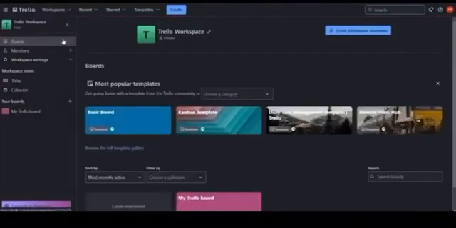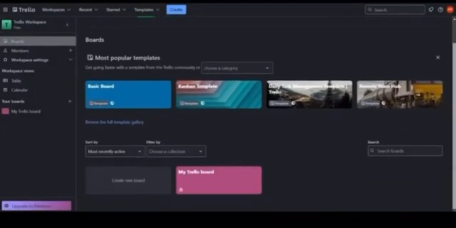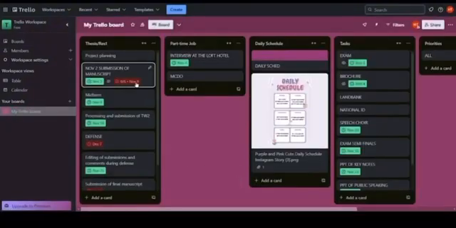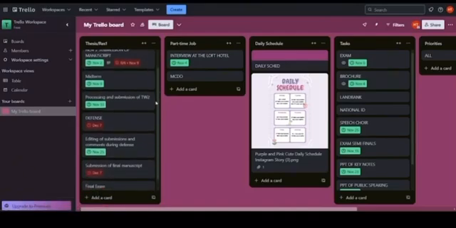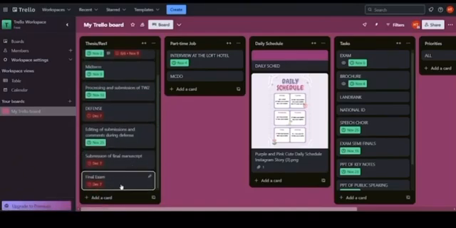a powerful project management tool that can help you streamline your tourism projects and keep everything organized. Trello is a visual, collaborative tool that helps you organize tasks, track progress, and communicate effectively with your team. It's perfect for managing projects of all sizes, from planning a small event to launching a new tourism product.